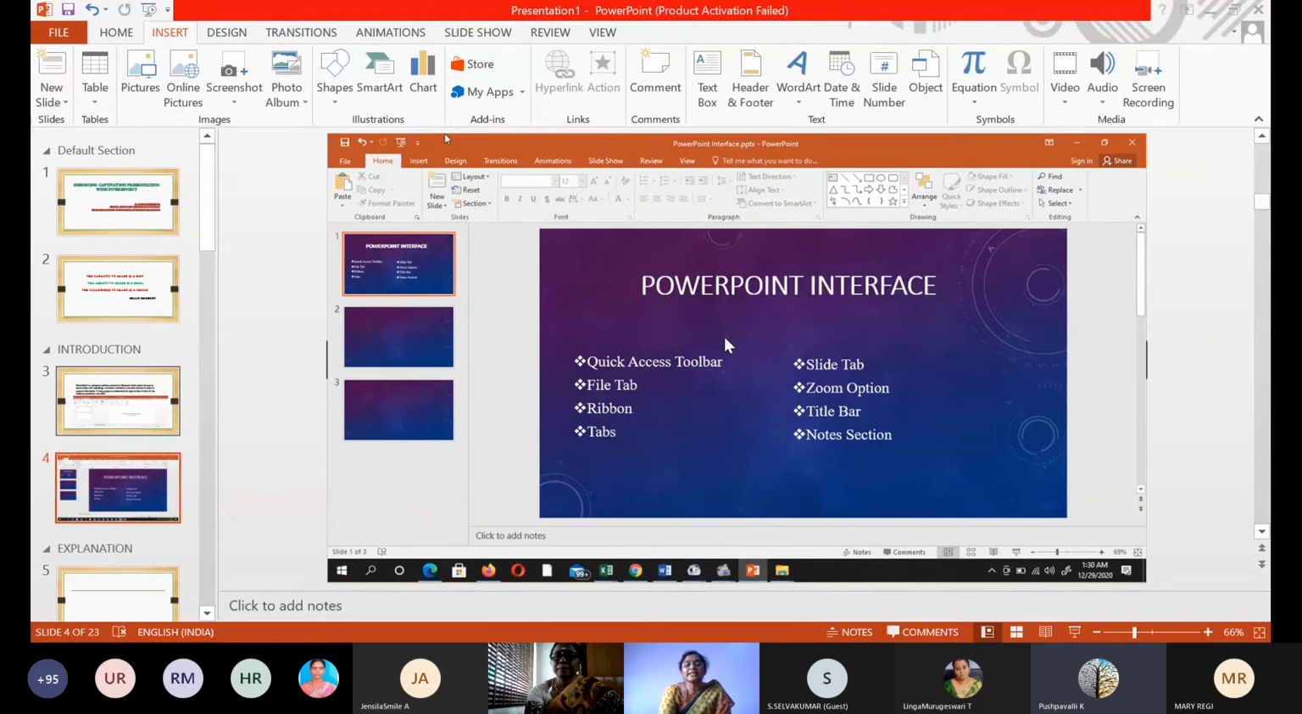I'm screening this slide. One by one, we will see this. On the home page, we can see the insert option, design, transitions, animation, slideshow, review, and view. In each tab, we can see